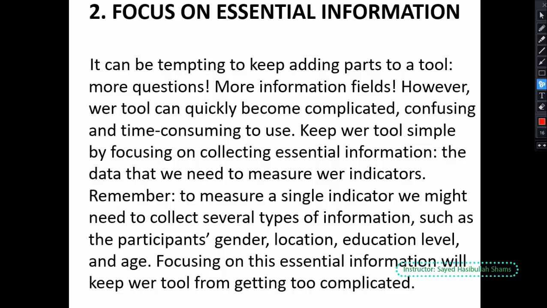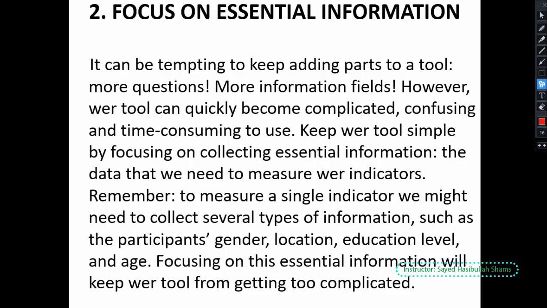For example, we have a participant tracking form, a very simple form for the training participants' attendance, and we gave it the name participant tracking form. So in this